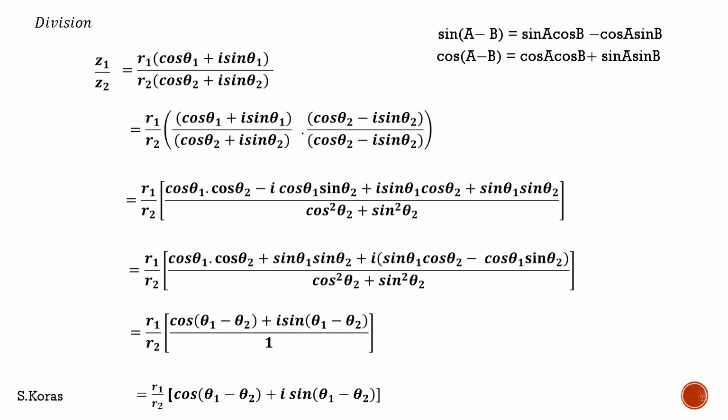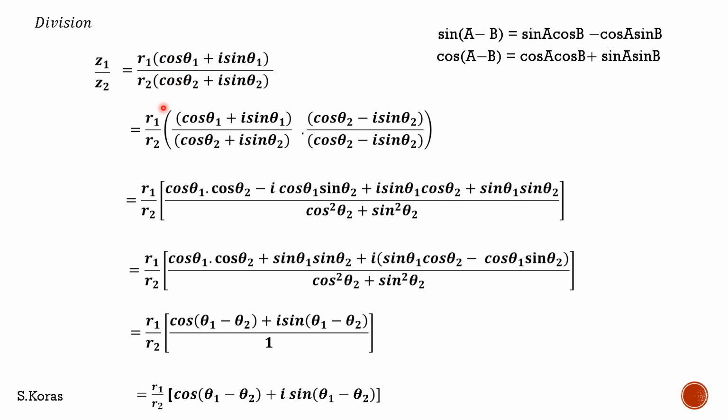So now it is very clear. If you want to divide two complex numbers which are in polar form, the modulus should be divided. After that, the arguments should be subtracted. That is, we have to subtract the argument of the denominator from the argument of the numerator. The numerator argument here is theta 1, so it should be theta 1 minus theta 2 in this way. That is, you have to subtract this theta 2, the argument of the denominator, from the argument of the numerator. That is theta 1 minus theta 2. So it is very easy to divide two complex numbers which are in polar form.